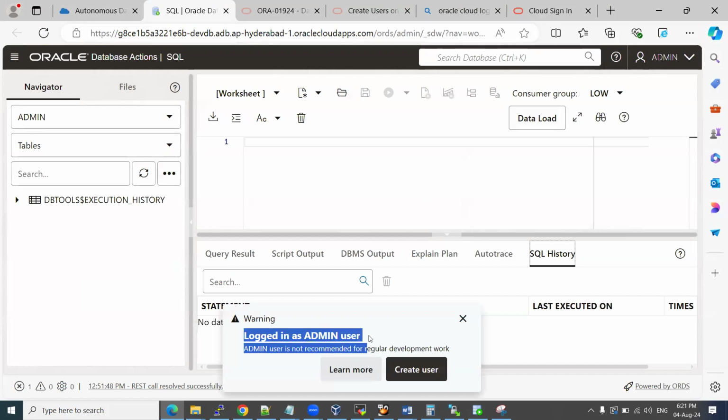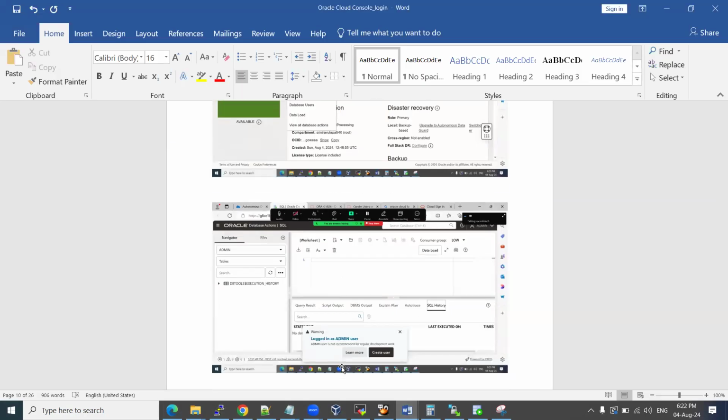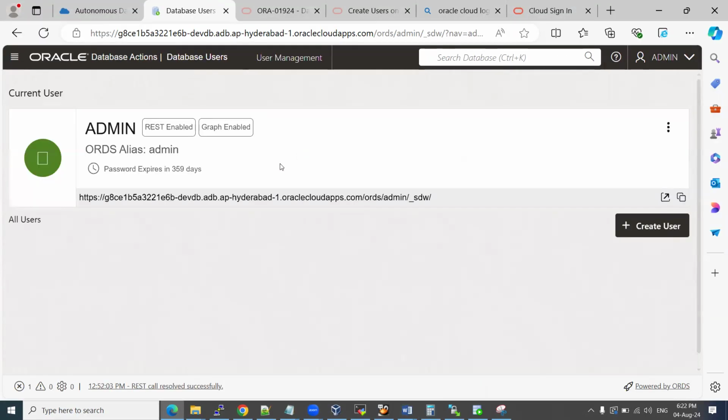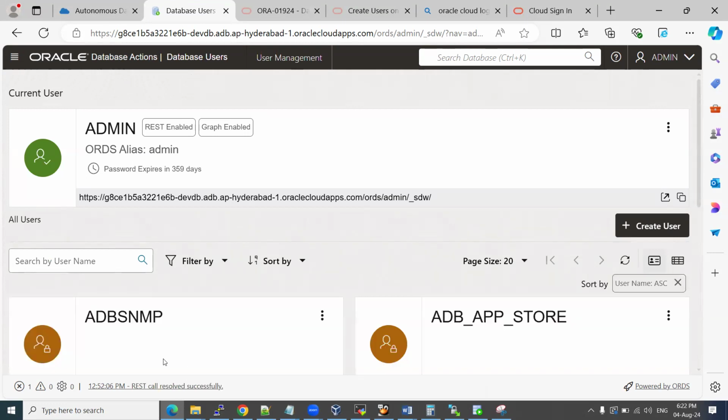See here, it is going to log in with your admin user. Admin user is the super user. If you want to create a new user, click on this part. First time when you are doing it, it is going to ask; we will create one new database user. See, it automatically redirected to the database users session. Click on this part,